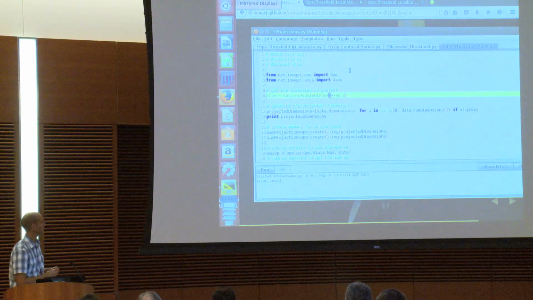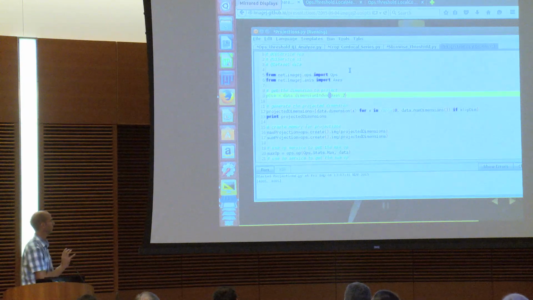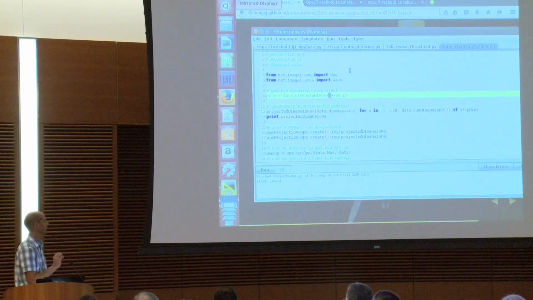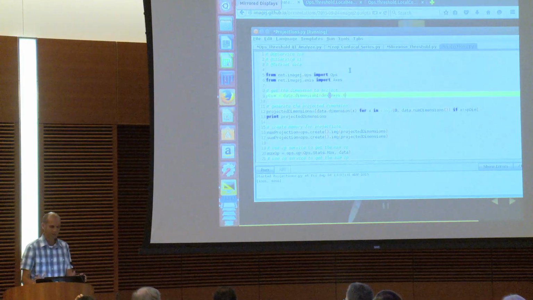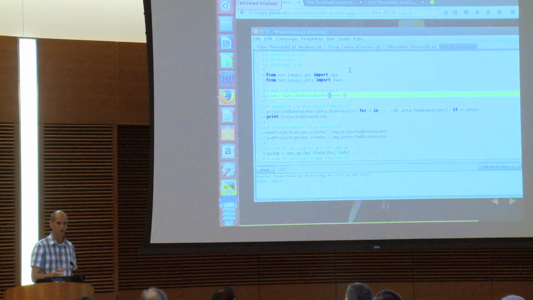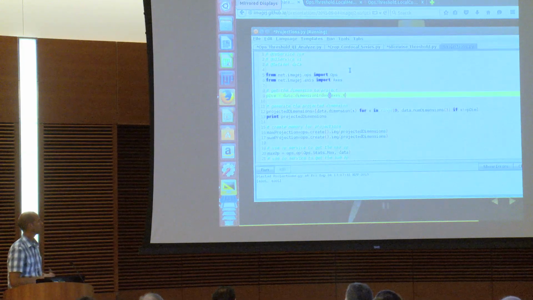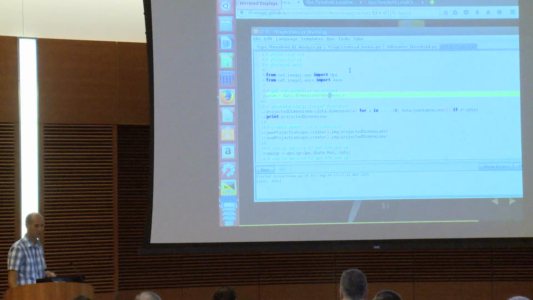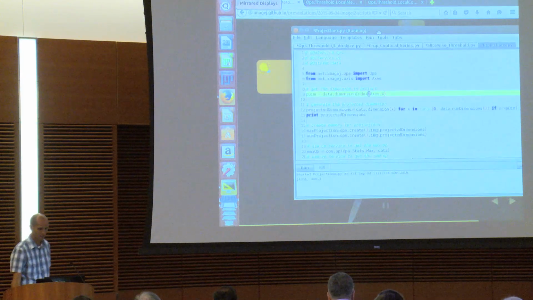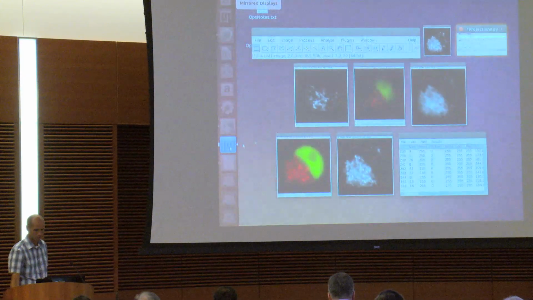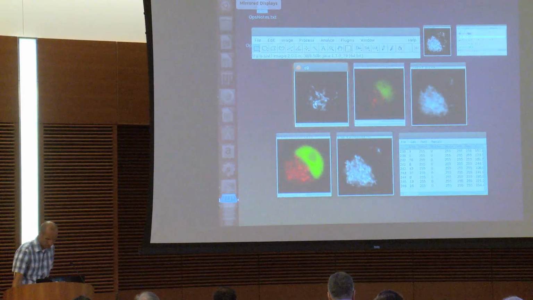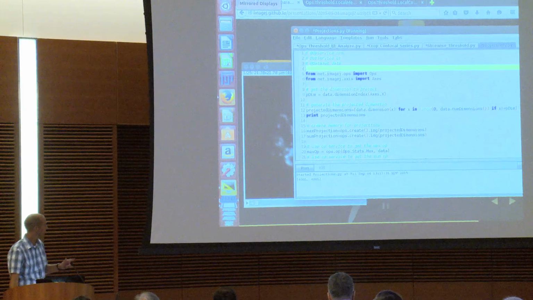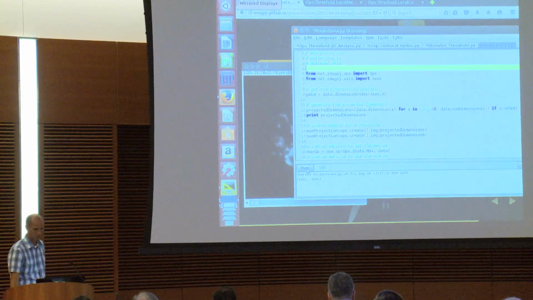The very first line of code, I'm asking the data set, what is the index of the Z dimension? So I'm just going to change that, and I'm going to ask it, what is the dimension of the X dimension? And that's going to change the behavior of the script so that the projection is done in X. So if I select my 3D image again, run it,